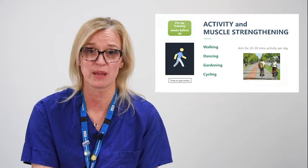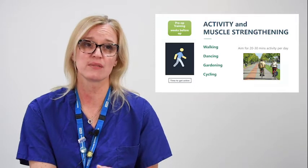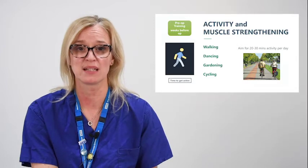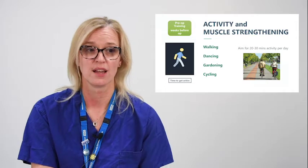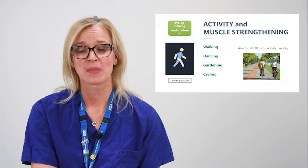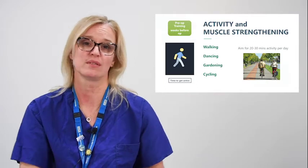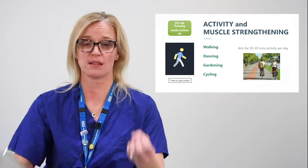But indeed, we may have people having surgery who are significantly fitter than that. So the 10 to 20 minutes of activity I'd like you to undertake obviously has to be something that is suitable to your baseline. So it could be going for a walk, it could be cycling, running, hoovering, dancing. It could be simple exercises at home, as simple as doing squats, leaning on the kitchen cabinets. You could get a couple of bags of sugar and do some exercises with your arms. Something that gets your heart rate up, something that gets you a little puffed out so that you know you've